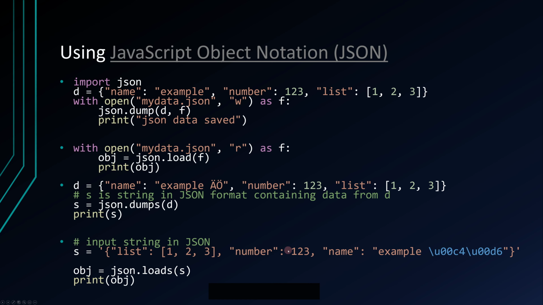But most interesting is that since these are not ASCII characters, they are written in this Unicode way here. So these a and o umlauts are handled, and this does all the magic for you. So it's super easy to use this